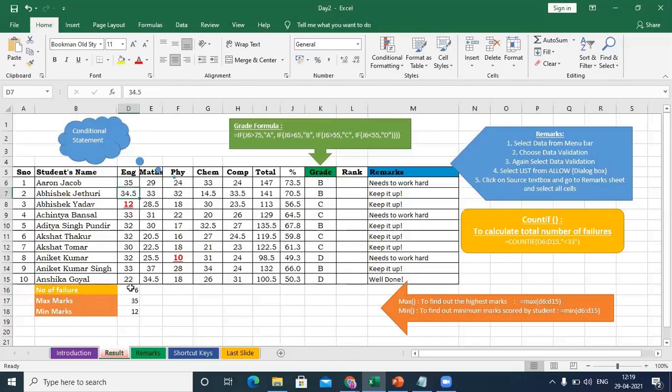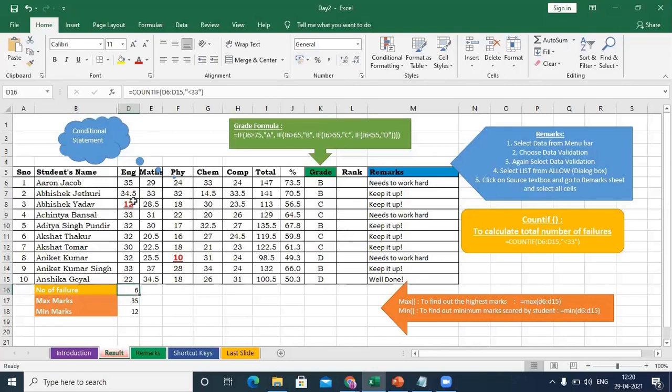As I can show you here, I am using one formula. This formula is already there. I have already written this formula. If you want, you can take a screenshot. You have to use the COUNTIF function. And all the formulas which you write in Excel will always start with the equal sign. So whenever you are using any formula in Excel, please use the equal sign first, and then you can start writing.